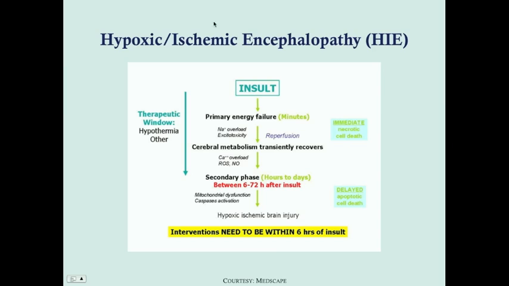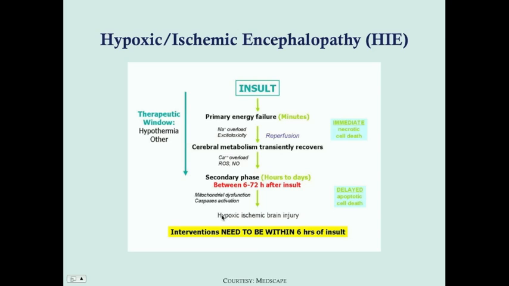So here's another schematic. So you have insult that leads to primary energy failure because the mitochondria aren't getting oxygen. At a cellular level, it's going to cause sodium overload within the cells. It's also going to cause increased calcium in the cells. That's also going to result in release of glutamate, which is an excitatory neurotransmitter. The apoptosis is going to release reactive oxygen species and nitric oxide. That can lead to things like seizures. And then the secondary phase is where you start getting the apoptosis, where you can get seizures, and ultimately you